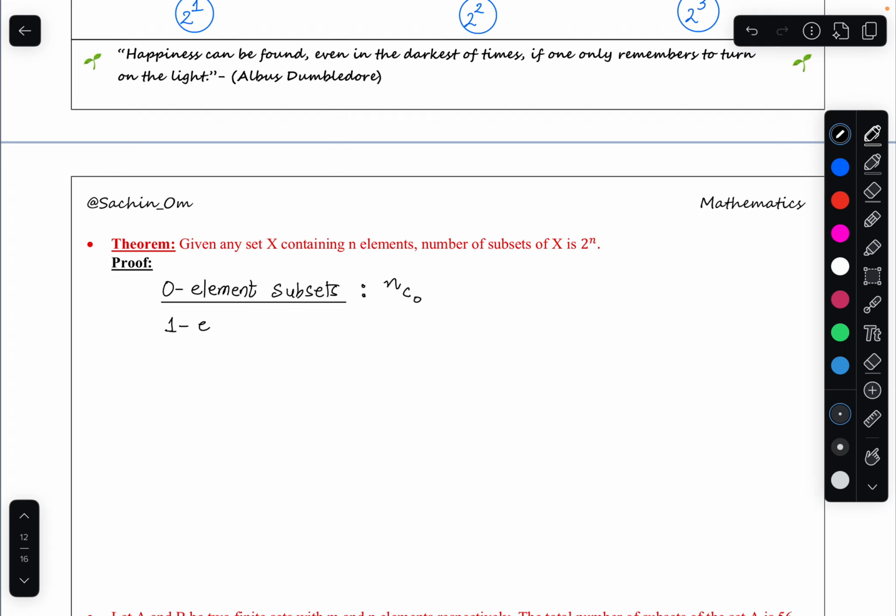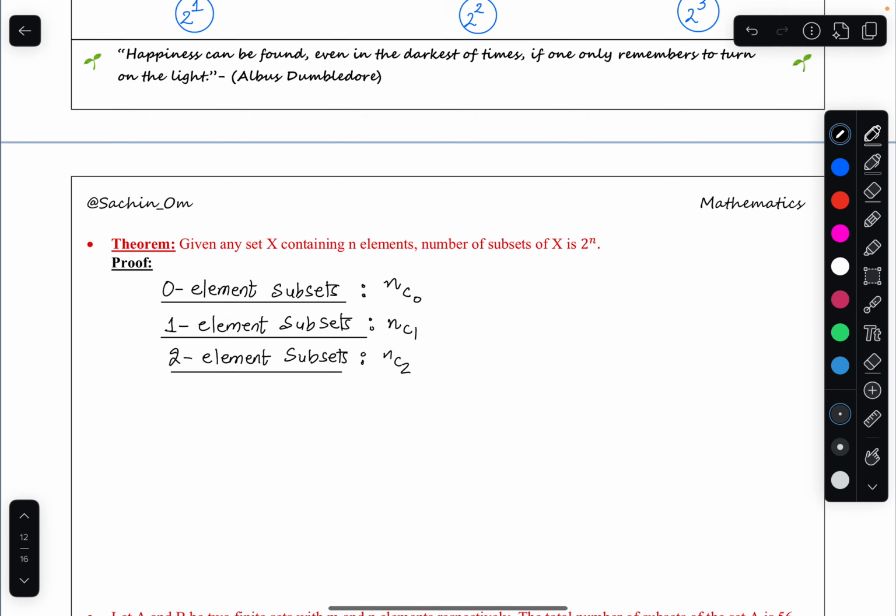So one element subsets would be, those subsets which have only one element in them. I have n elements in the set, out of which I'm choosing one at a time. So that would be nC1 number of ways. Similarly, two element sets, that would be nC2. So that's how the counting goes for us, which means if I have to generalize, the total number of subsets would be